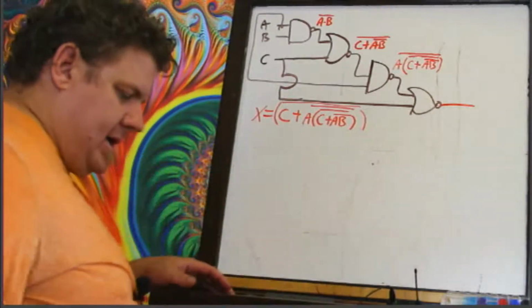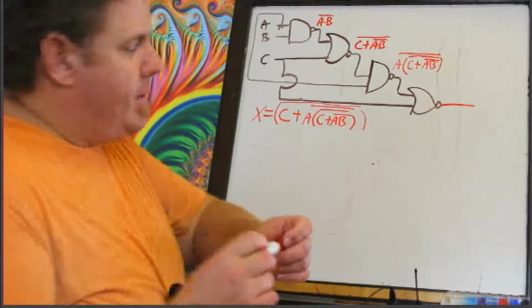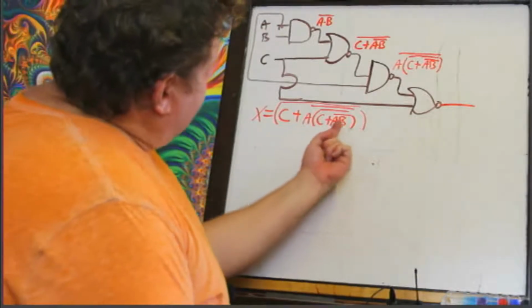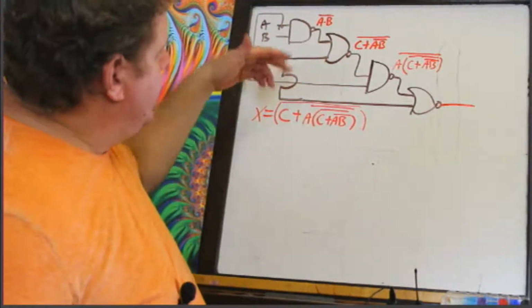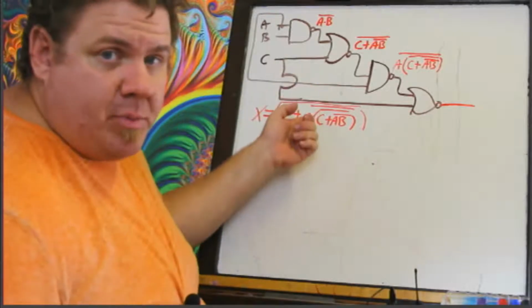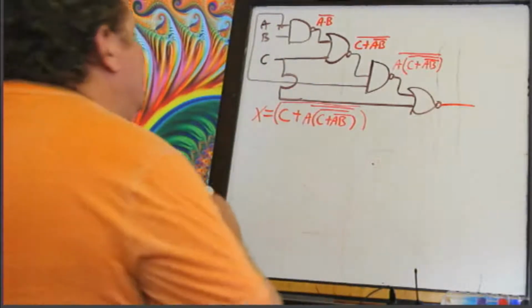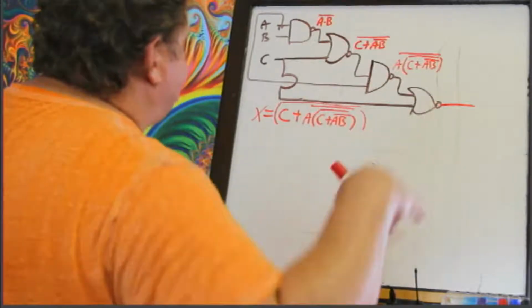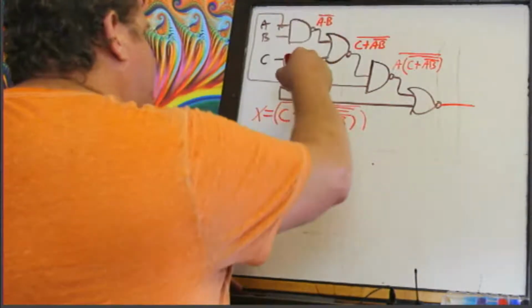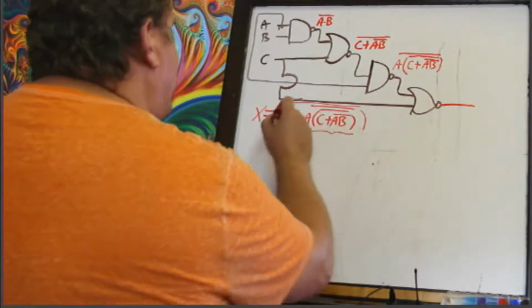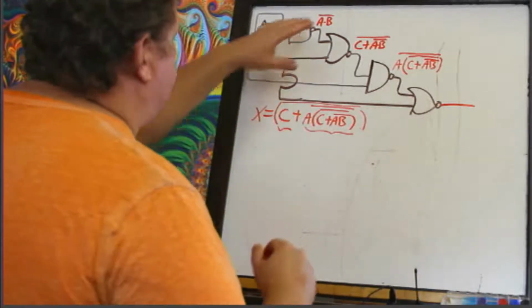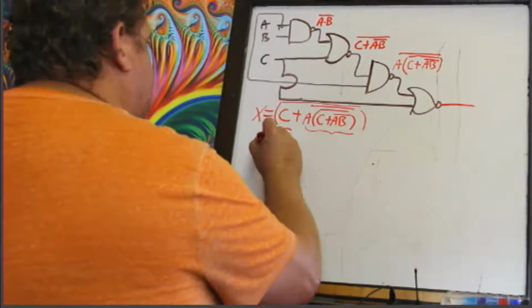Now, with these, you may ask yourself the following question. Should I start on the inside and work out, or should I go top down? Doesn't matter. You could break that bar first, and then you can come inside and break this bar. Just keep doing that if you want to. This time, I'll just go from the top. So I'm going to break the top bar. Remember, this is my quantity, that whole thing, and this is my quantity, and they're NORed together. So I'm going to break that and distribute it and change the sign. So now I've got C, and